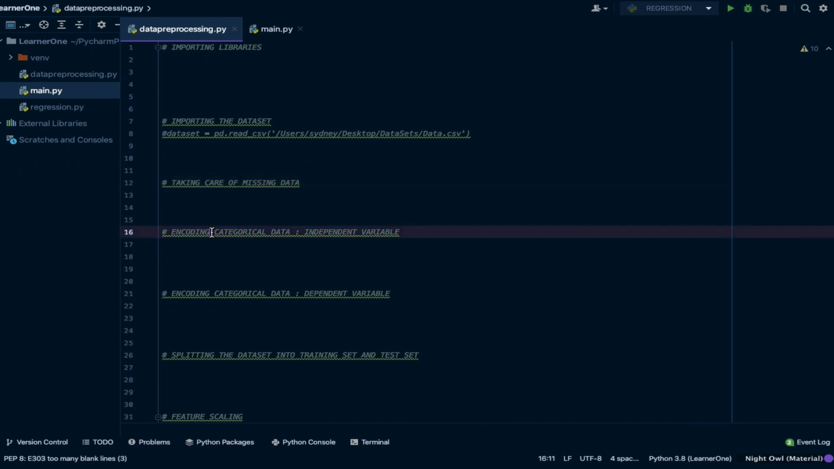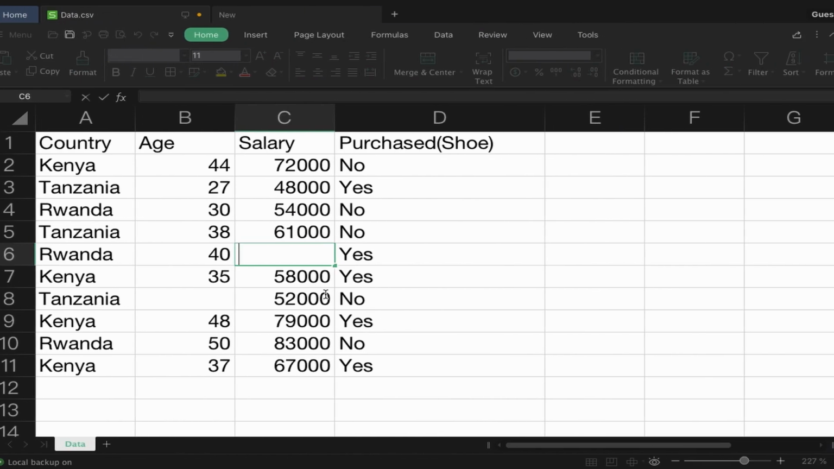Now, from taking care of missing data, we go to encoding categorical data, the independent variable, and the dependent variable. Encoding, what is it about? Machines may not be able to understand images and texts. They speak in terms of ones and zeros. So interpreting texts such as Kenya, Tanzania, or Rwanda may be an issue. So we have to encode it in a way we may understand, but also the computer may be able to